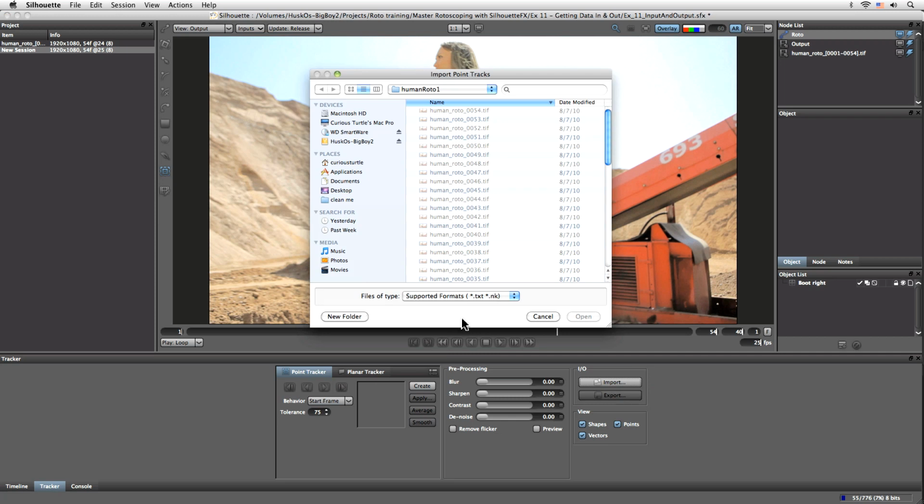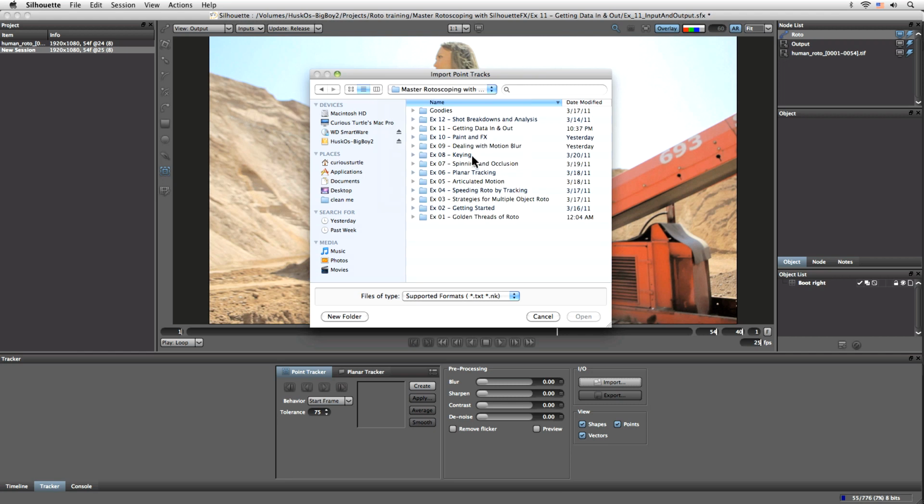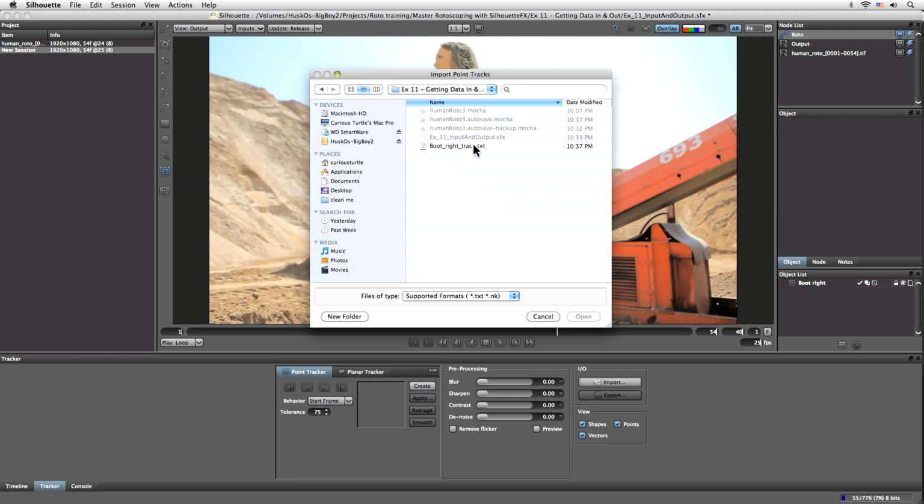We can also take in simple format, which is Silhouette's basic tracking information, and details about how you can transform other applications' tracking data into Silhouette-friendly tracking data is included in the manual. So we'll come back to our getting data in and out, come to our boot right track, hit open. Remember, this is After Effects corner pin data,